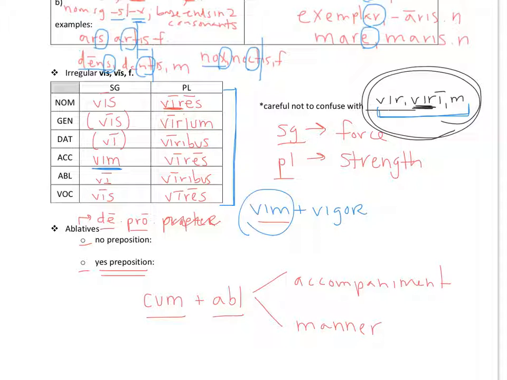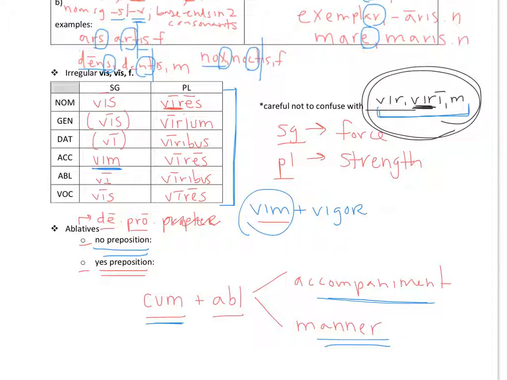So once again, this is page 116. It has a really good description of how the manner works. But those are the two uses of cum that you have to know. So no longer can you just say cum takes an ablative because it is object of the preposition. You have to tell me either accompaniment or manner. So going back up here to when there is no preposition. So when you just have a floating ablative, it's not tied to a preposition like de or cum or pro or anything like that, or sine,